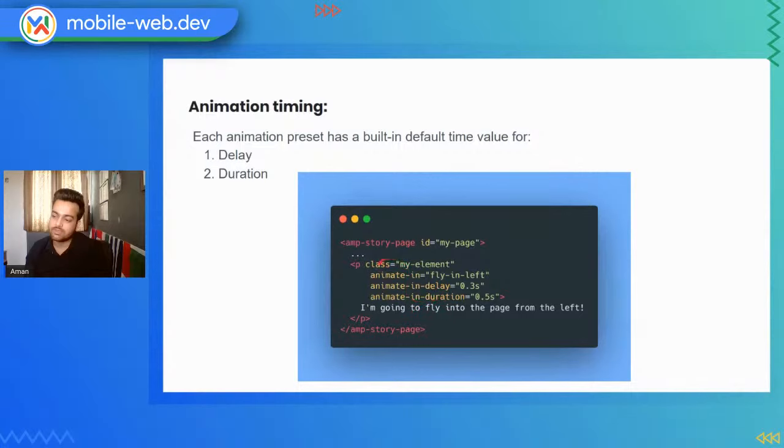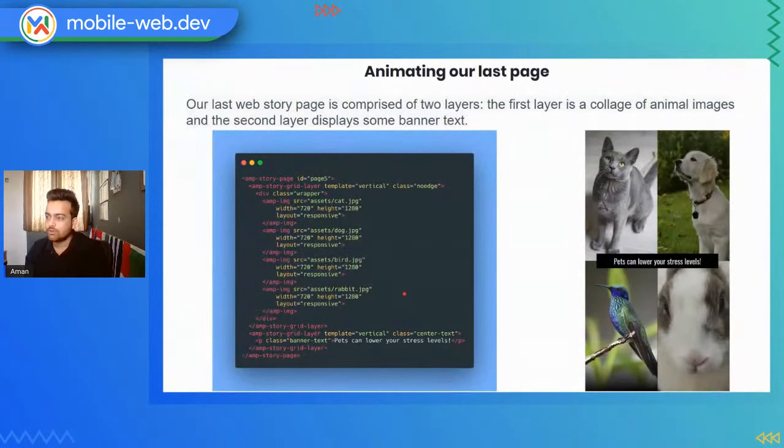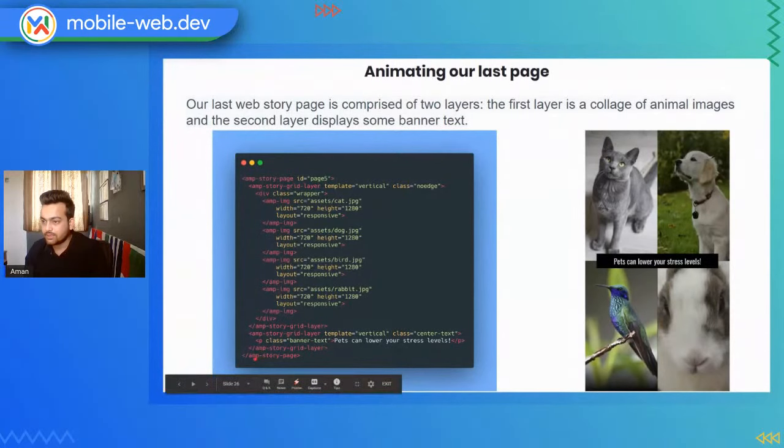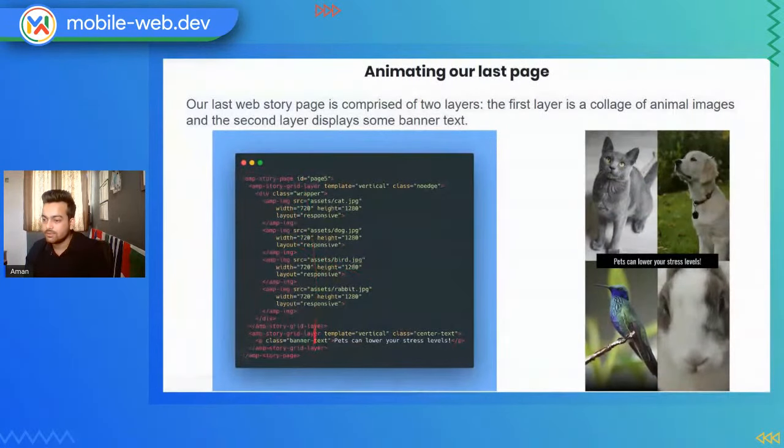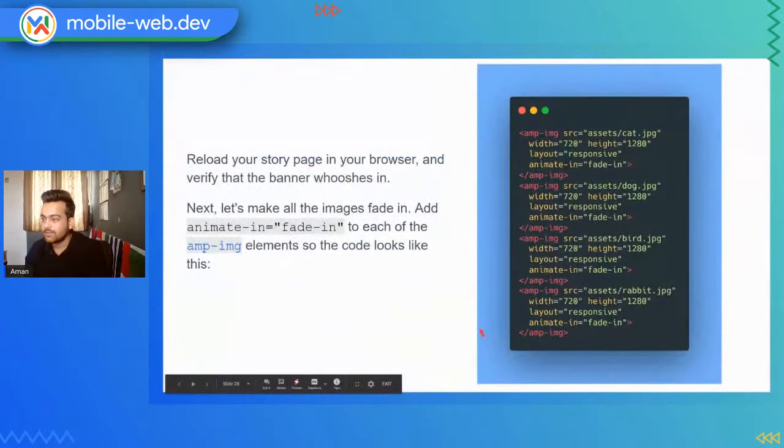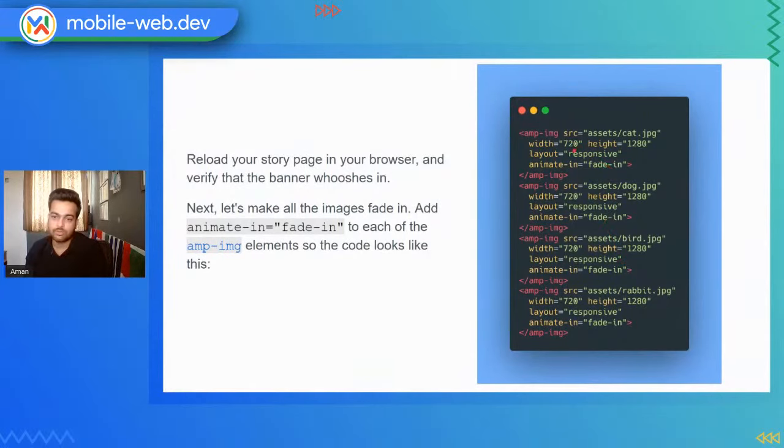You can also put these same attributes on the page and it will behave in the same manner. So you can also animate the whole page. Right now you can see that this is just plain, and then we have applied this animation in motion to these different paragraphs that are going in, I guess. And here we have applied animations to different images. So you can see you can apply different animations to individual elements.